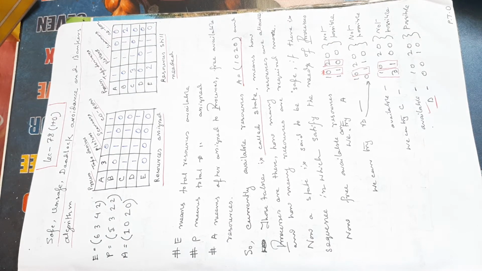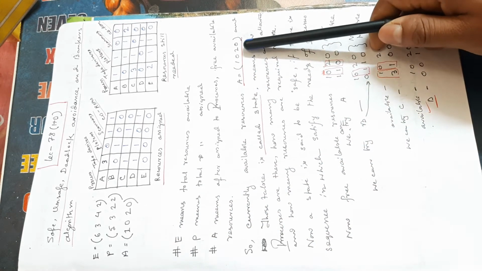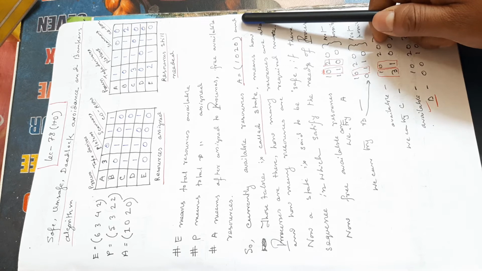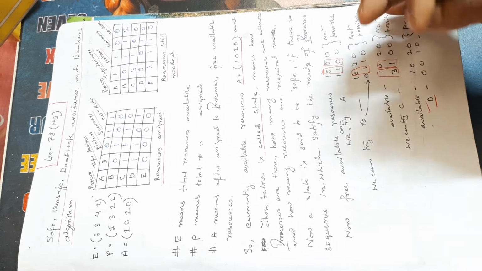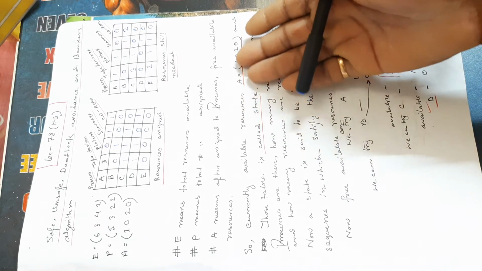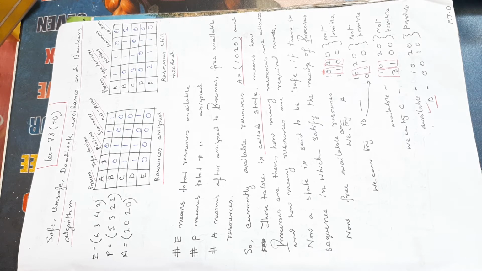Now the question is, your available resource is 1020, and this is called the state. Right now, what is the state? That is, 1020 resource is available. Now when the 1020 resource is available, at this time we see that your system's state is called